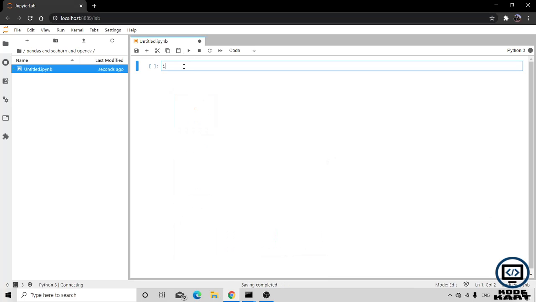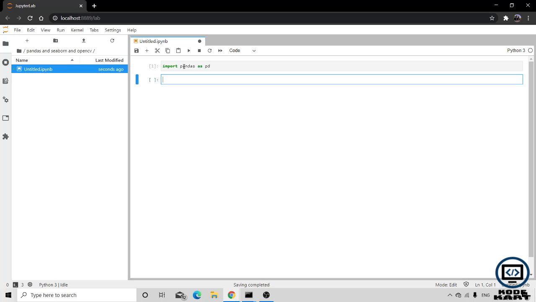So first of all, import pandas as pd. If pandas is not installed on your PC, you can simply do pip install pandas and it will be installed. So basically we use pandas for playing with our CSV files and our data sets.